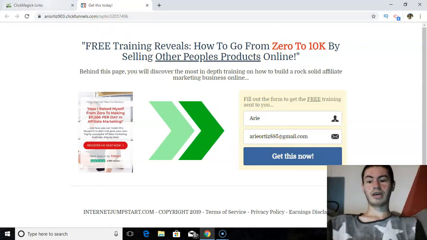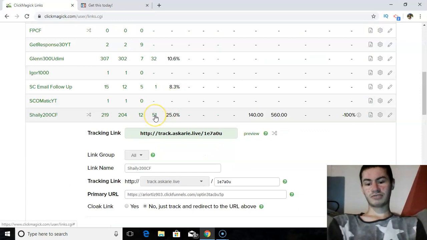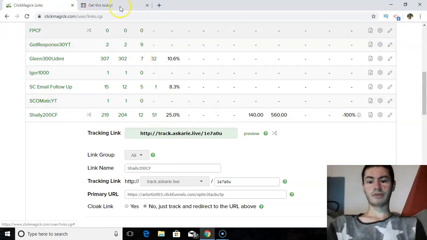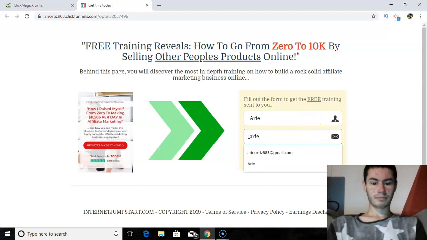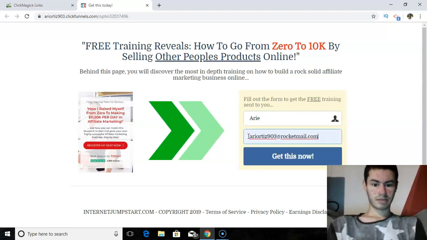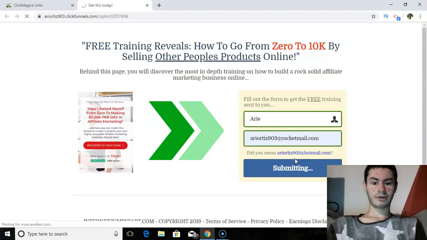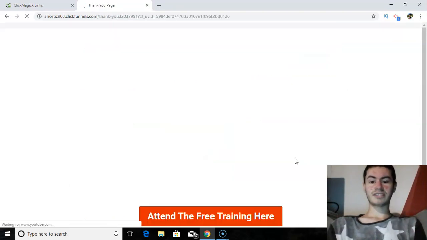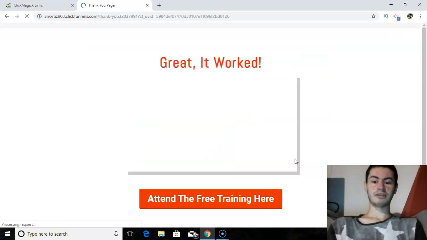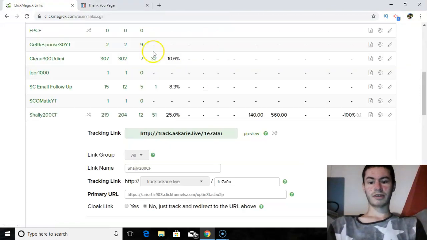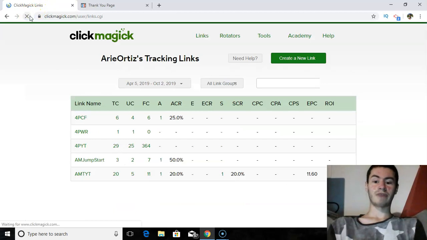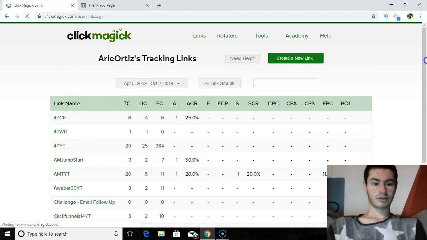For instance, if I go back here, right now it says 51 people have opted in from this traffic. If I put in my name and email, which I'll actually test out here, I'll just put in my main email and click Get This Now. Once I submit that, that is now considered a lead. So I just opted into my own page, and here's my video that I uploaded. If I go back to Clickmagick and refresh this page, it will show that 52 people have opted in to that specific link. So if I scroll down,